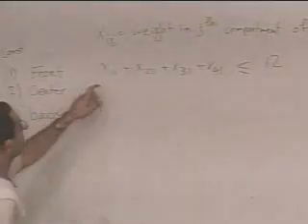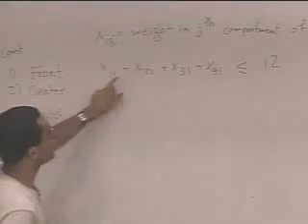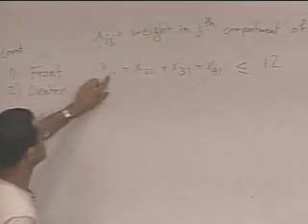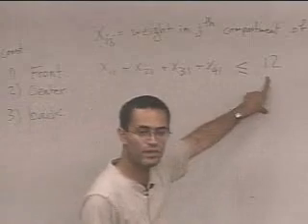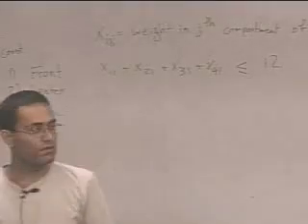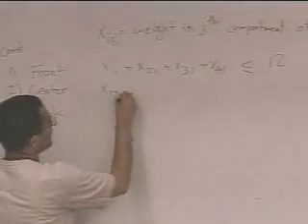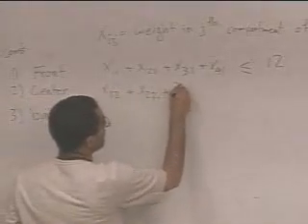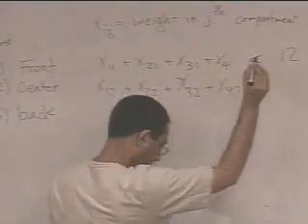Okay, so this is my first constraint. It's telling me that the amount that I put in the first compartment from the first cargo, second cargo, third cargo, and fourth cargo, when I add them up together, should be less than 12 tons. Then we would have the same constraint repeated for the other two compartments, just a little bit different. It would be 1,2, 2,2, 3,2, and 4,2. This should be less than or equal to,